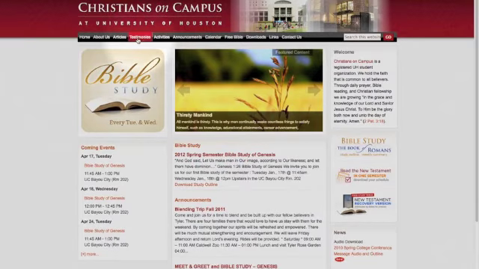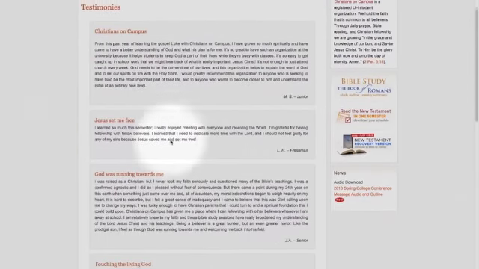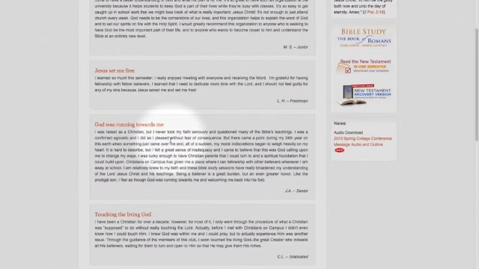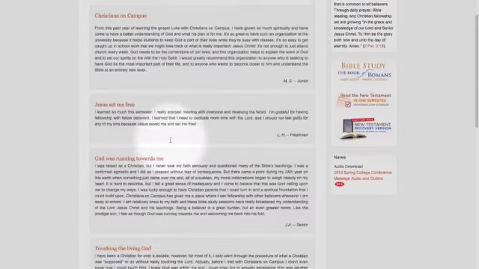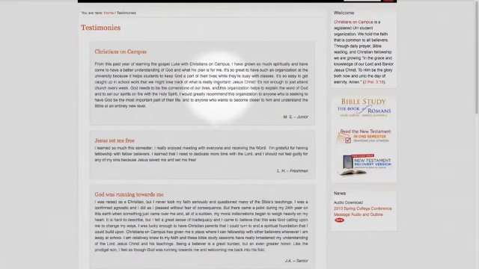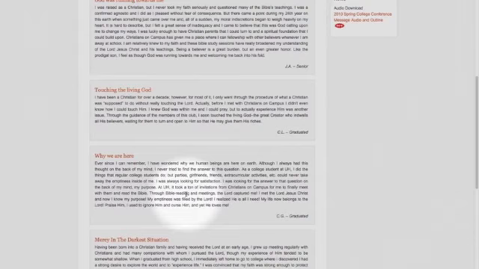So I'm going to just check out one of these. How about testimonies? I'm probably interested in this because I want to see what members of this club think about this club, see what their experience is here. So it looks like, if I scan really quickly through these, people are writing about an experience, but I'm not sure.